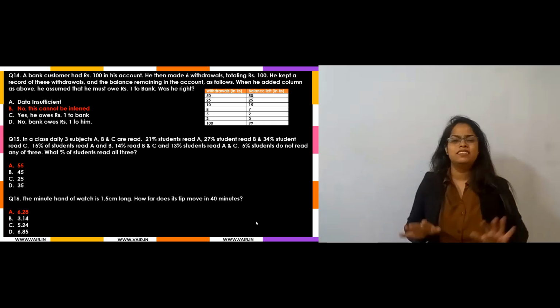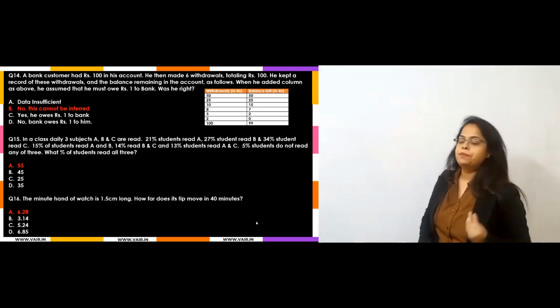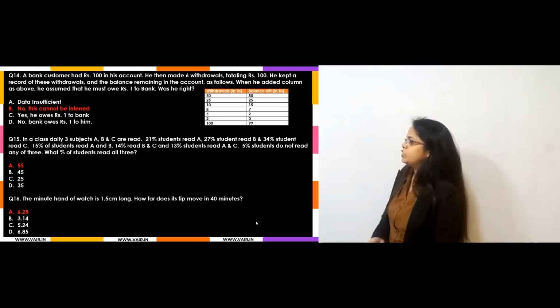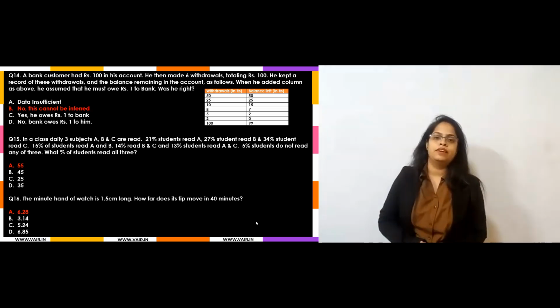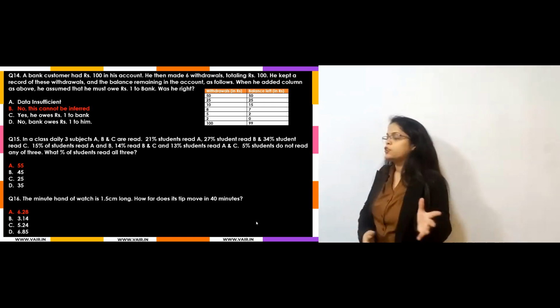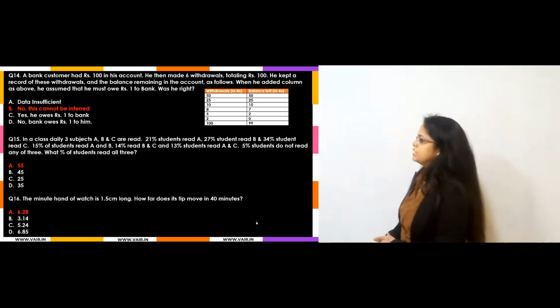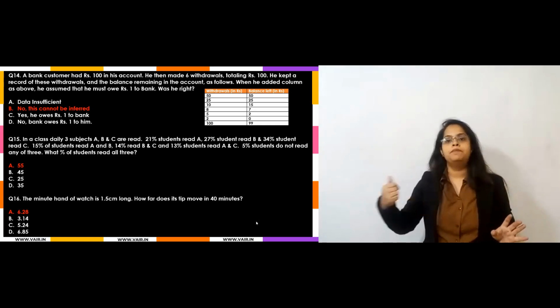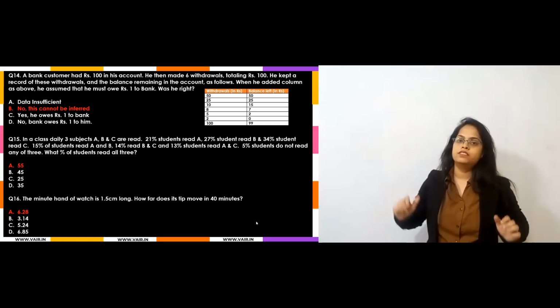Withdrawal is 50, 25, 10. It is a normal thing. Initially, 50. He has withdrawn ₹15, balance will be 15. Out of that, he has withdrawn ₹25, balance will be 25. Then he has withdrawn ₹10, balance will be 15. Then he has withdrawn ₹8, balance will be 7. Out of that 7, withdrawal 5, balance 2, withdrawal 2, balance 0.